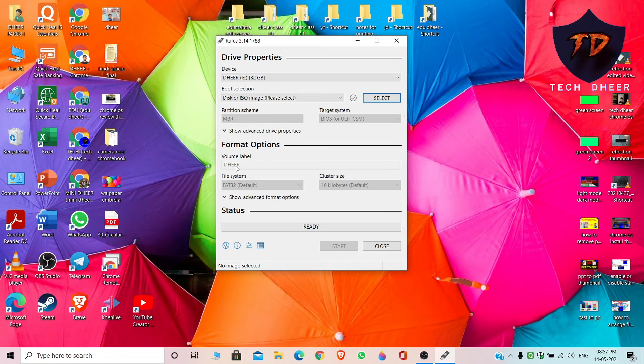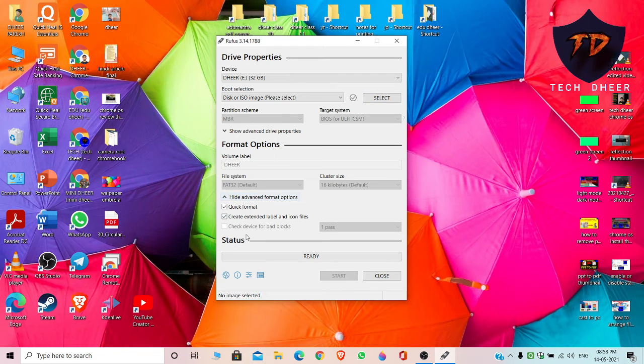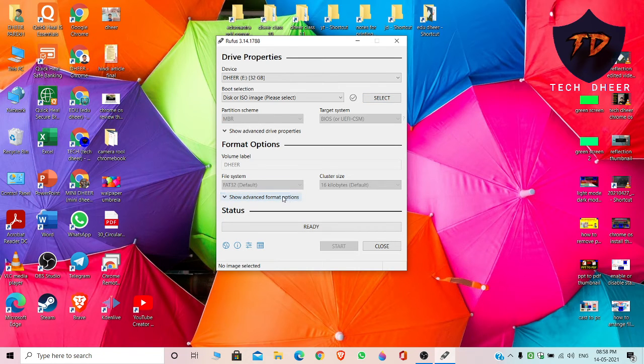I recommend to keep the default label, whichever comes. Like for Linux Mint, it will come as Linux Mint. And then what you have to do is over here, FAT32, just keep it default. You can see more format options, but I don't interfere with it.